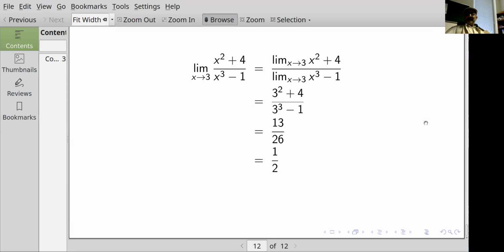Okay, so we will go on to discuss continuous functions in a bit more detail later. But for now, we go on to another technique for evaluating